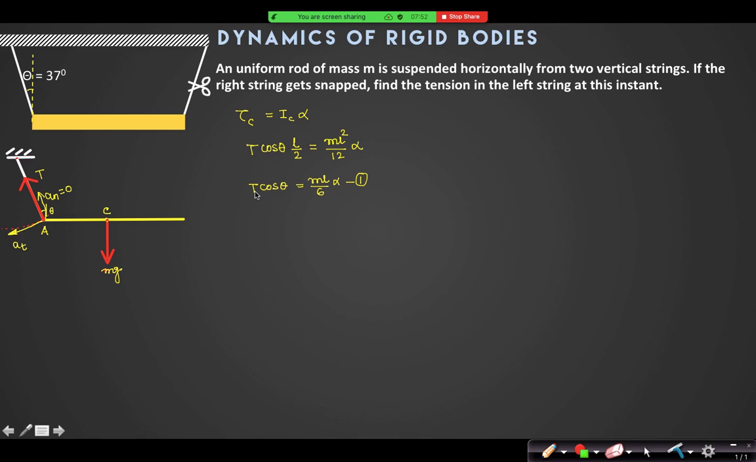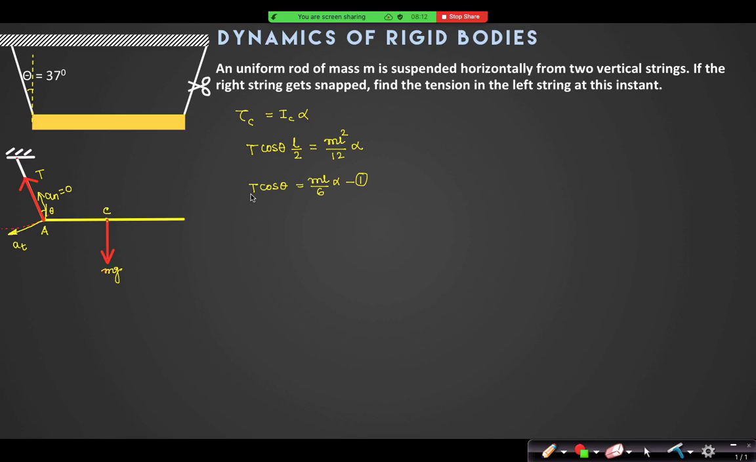Sir, I have a question, sir. You have taken T cos theta into L by 2, and ml square by 12 alpha, it's okay. But sir, I am saying that if I think like this, the string is also performing rotational motion about its pivot, and the